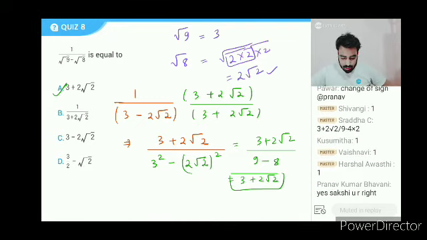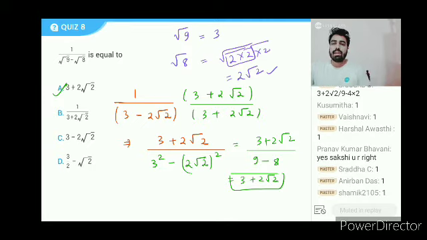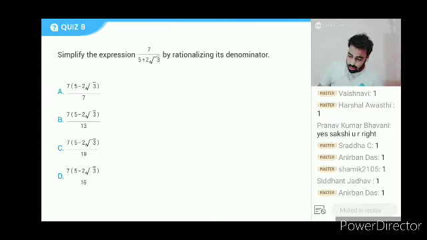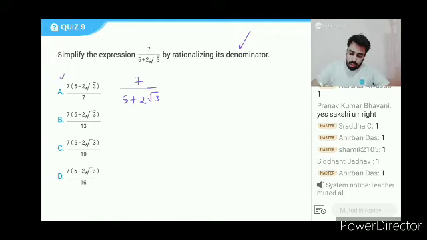Let's do one more basic question, and then we'll start the difficult questions where the numerator also has a different number. Okay. What question do I have here? I have a number 7 divided by 5 plus 2 root 3, and you need to rationalize its denominator. One more thing, you can see that all options are like 7 into 5 into something. So don't expand it, just check from the options. 7 into some rationalizing factor is coming. Your main focus should be on the denominator. Okay, start.